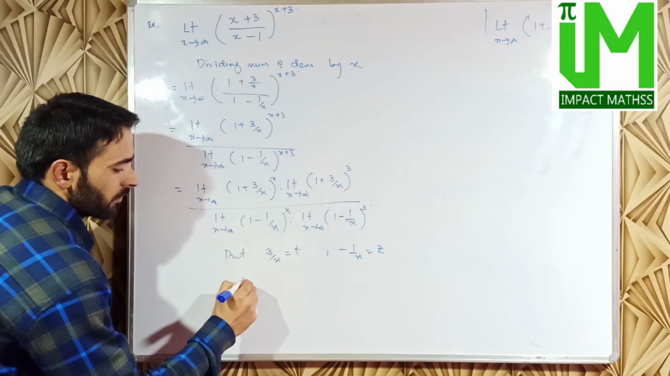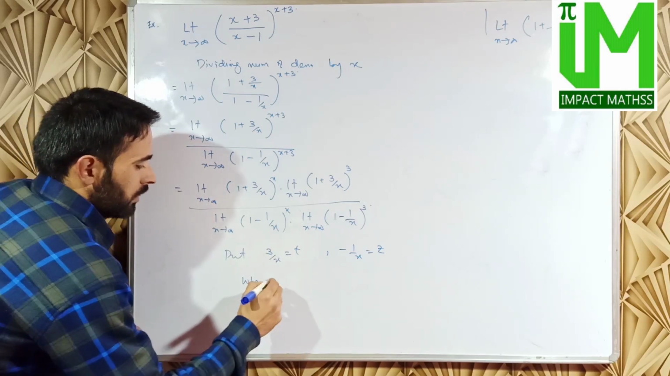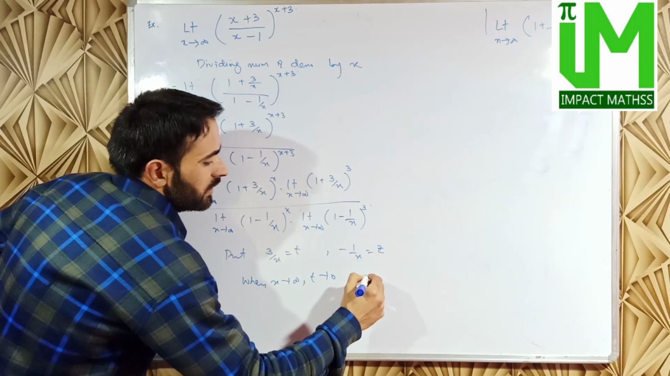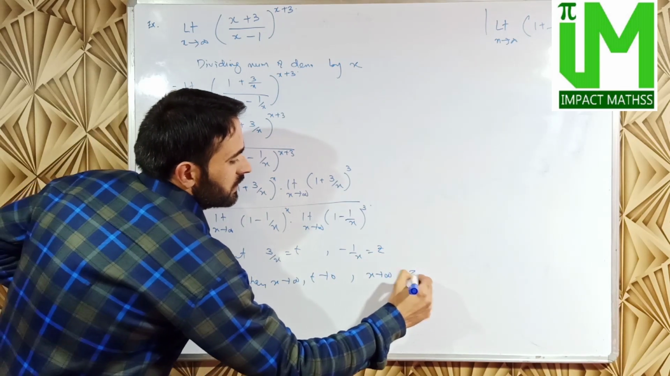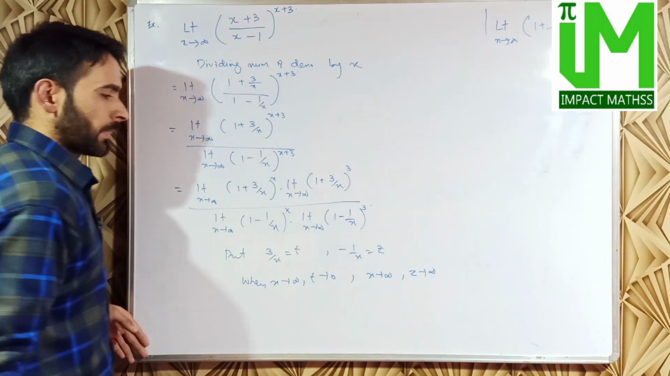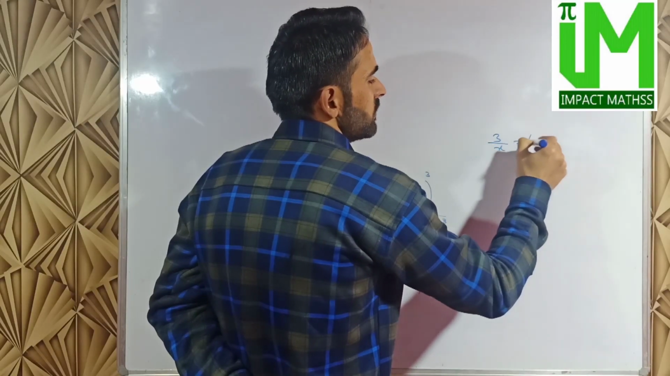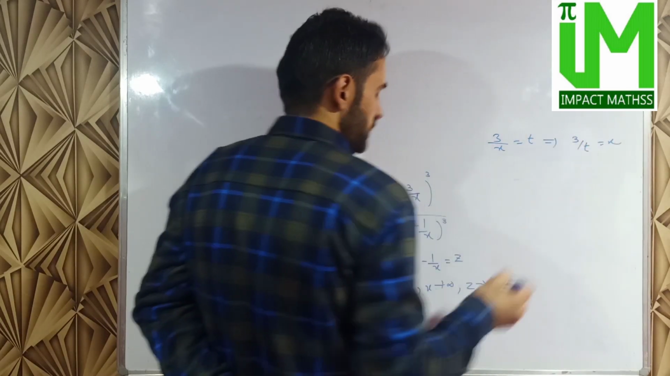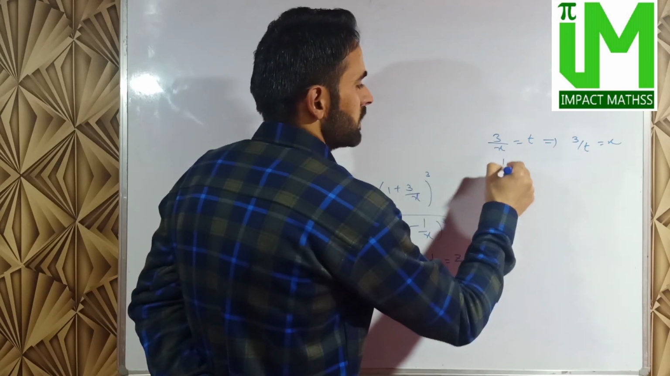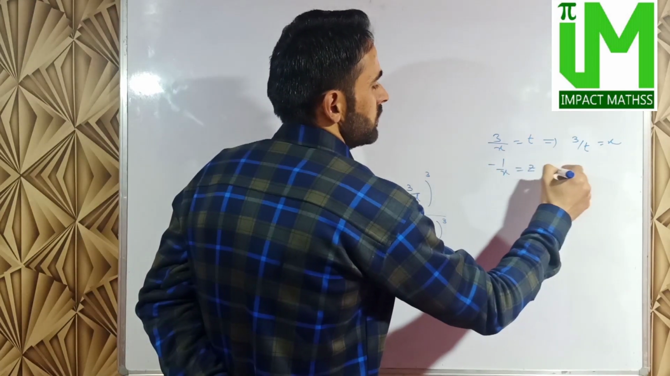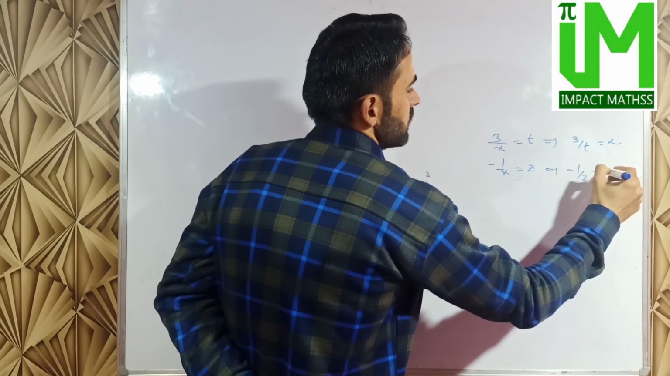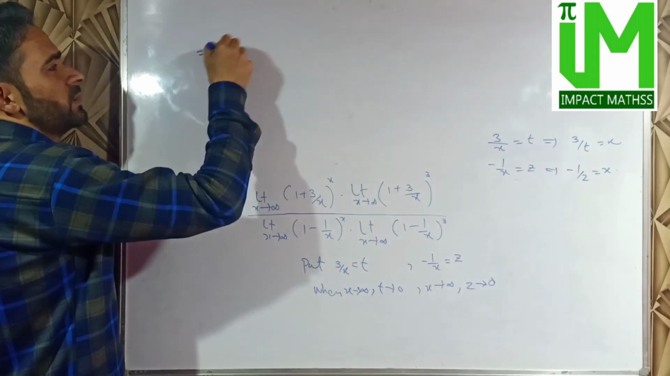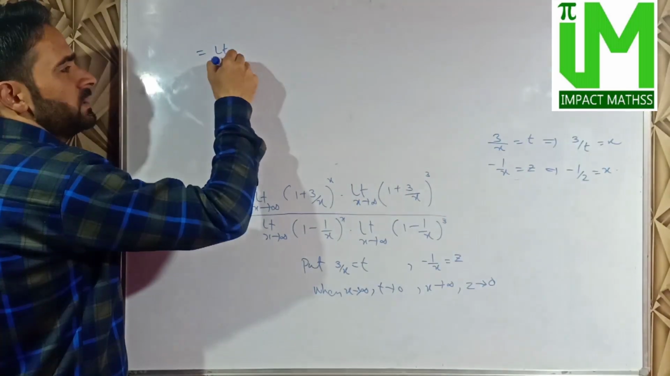So when x tends to infinity, t tends to 0, and when x tends to infinity, z also tends to 0. Now 3 by x is equal to t implies 3 by t is equal to x, and minus 1 by x is equal to z implies minus 1 by z is equal to x. Thus we can write this limit as, this will be limit t tends to 0,